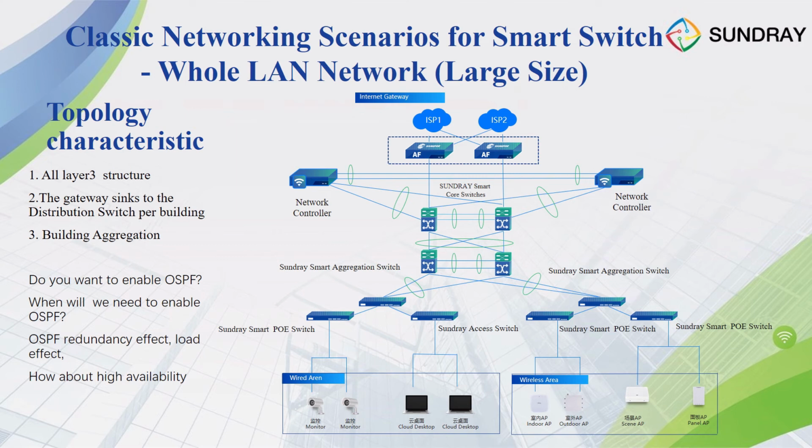But when the network becomes super large, like a big enterprise network, we have a lot of distribution or aggregation switches. We have many aggregation switches. Then what should we do? We definitely put all the gateways in the distribution switch, right? And between the distribution switch and the core switch, it will be hard for us to configure